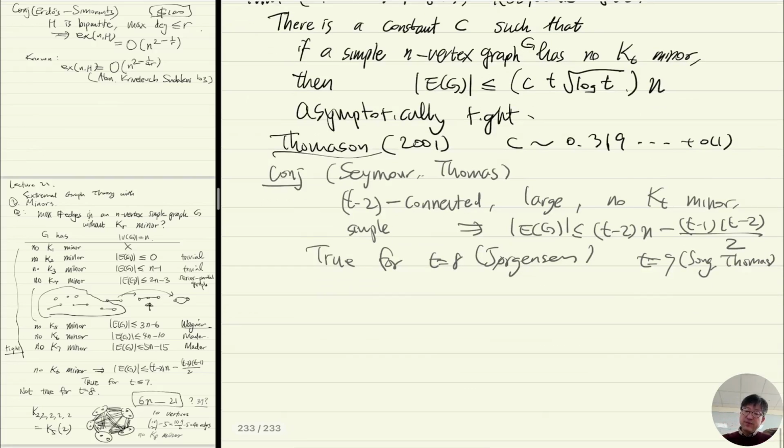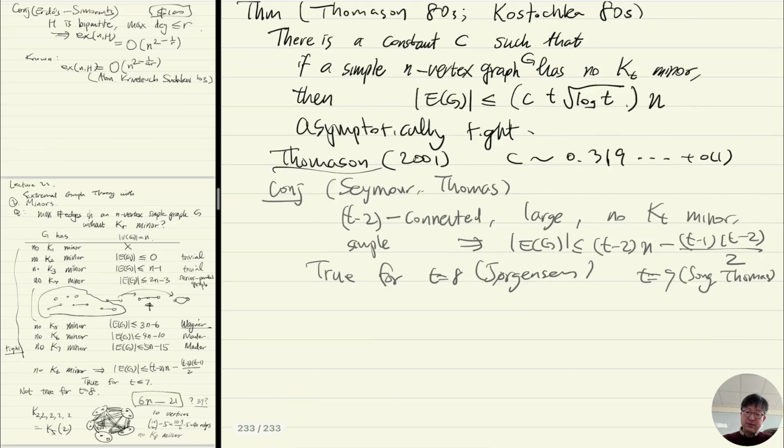And there is a similar theorem for topological minors. For topological minors, right, the question is, what is the maximum number of edges of a graph without containing a Kt topological minor? And this is a theorem due to Bollobas and Thomason,